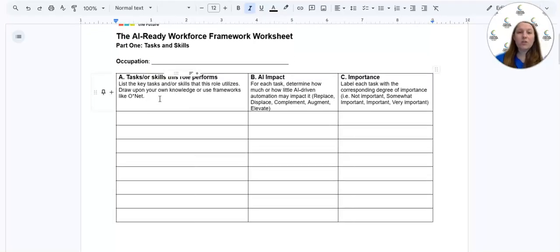What you're going to do first is think about an occupation that your program of study students would be in. For some of us at the college, that's really easy. If you're teaching automotive restoration, you know your students are going to be in the automotive restoration field. They could be an automotive technician, anything like that. So you'll be able to put that in.